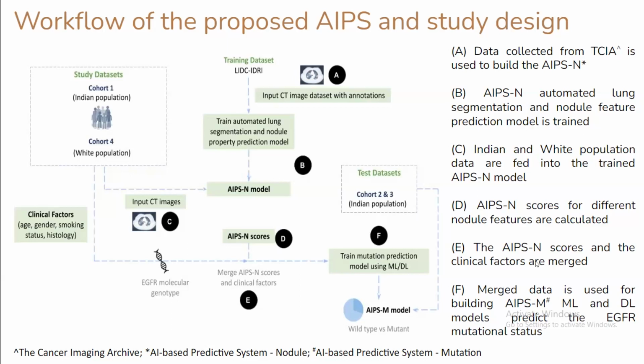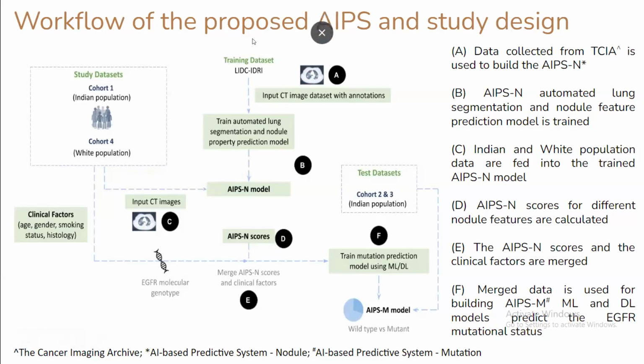N means we are trying to build up the machine learning model based upon the data. So here we took the information from various cohorts which I just described, 1 to 5. Here I took cohort 1 to 4. Cohort 1 to 3 was India. Cohort 4 and 5 were all foreigners, non-Indian.